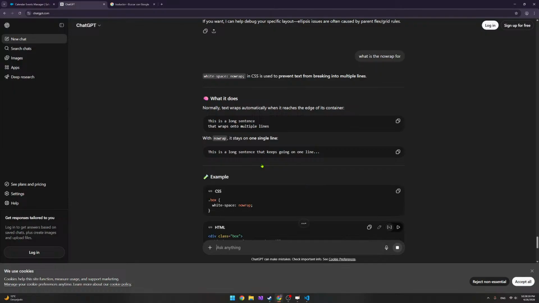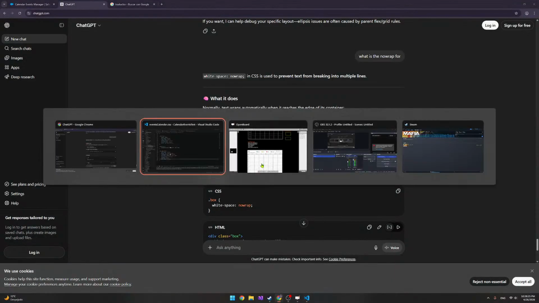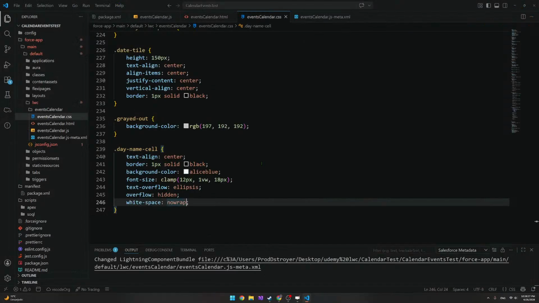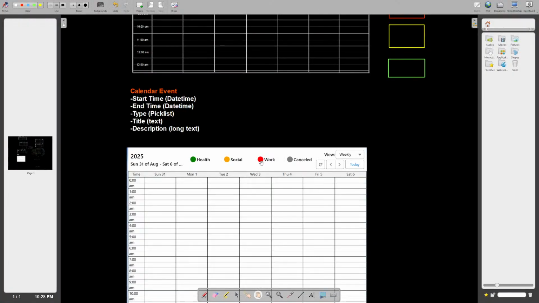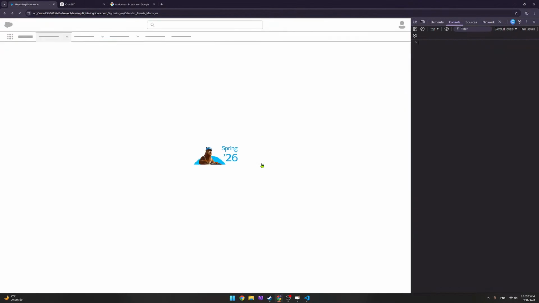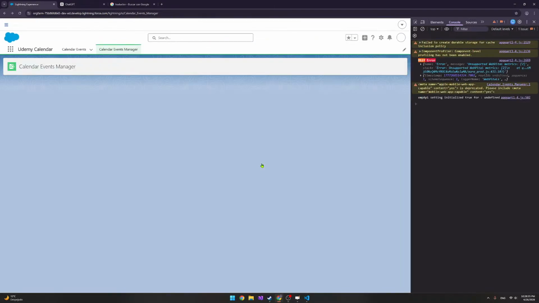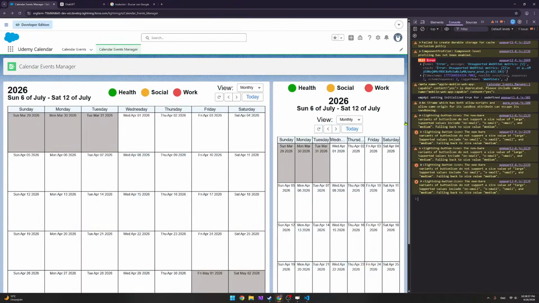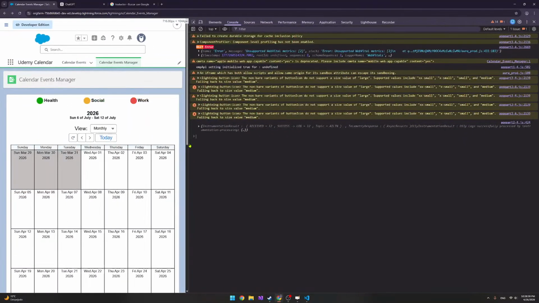White space is used to prevent text from breaking into multiple lines. Okay, I don't think it's gonna break into multiple lines because we have only one word and we have a fixed font size. But in case we do,